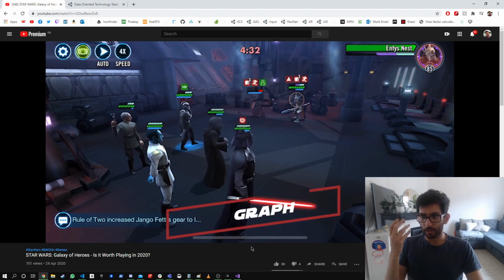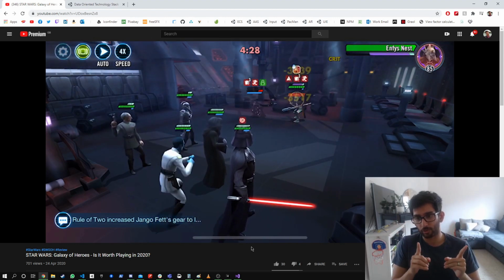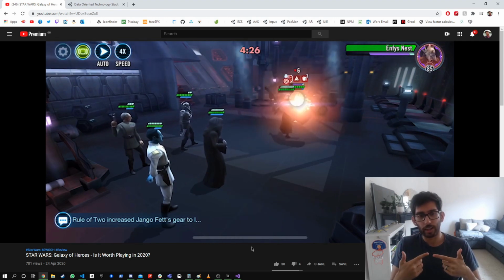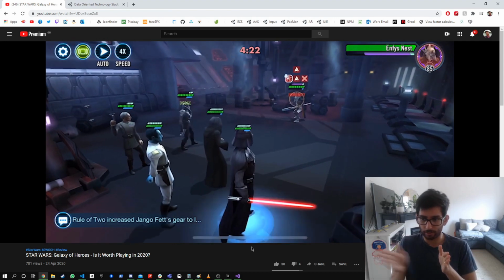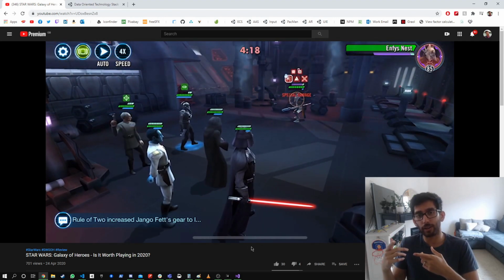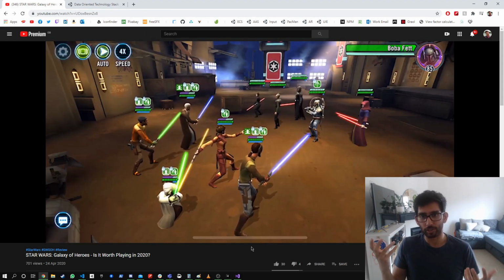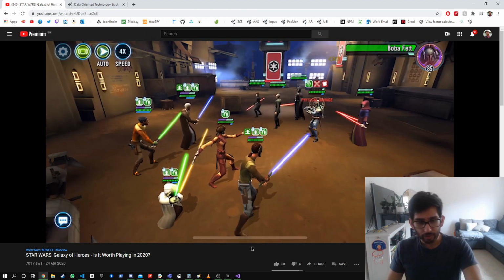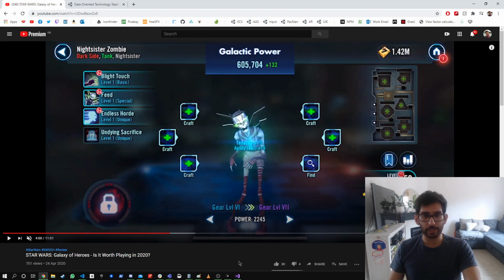And each character has a basic ability, which is the leftmost ability in the corner, which they can reuse every turn. But their special abilities, which are the abilities following the basic one, all have a cooldown applied to them once they're used. And this could be for however many number of turns, depending on the ability. So that's a quick demo of the gameplay, and if we move to this frame here, we can see that